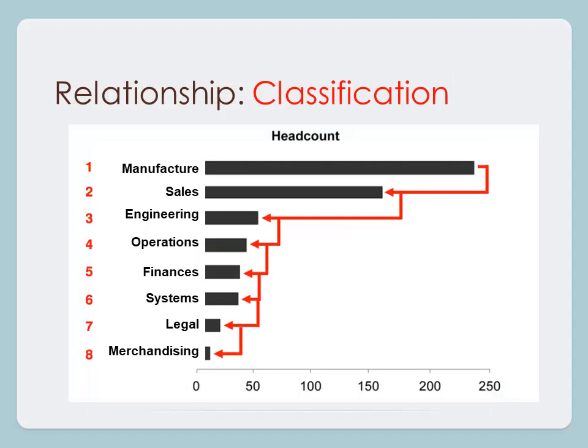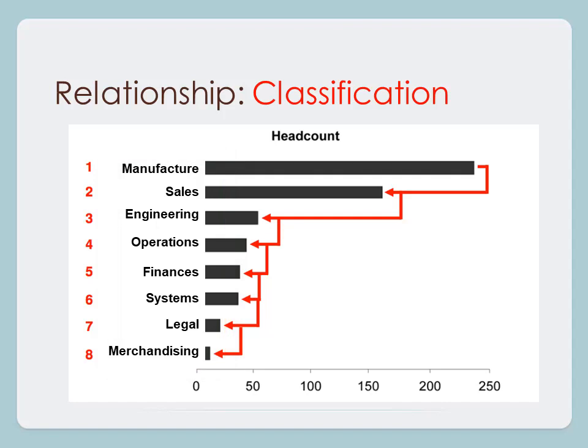But relationships are not one-dimensional. Relationships can be of many kinds. We may speak about a classifying relationship. For example, we have a graph of the employees at a company and we see how they are classified in different sections, divisions, departments of the organization, and thanks to the type of visualization chosen, we can easily see that